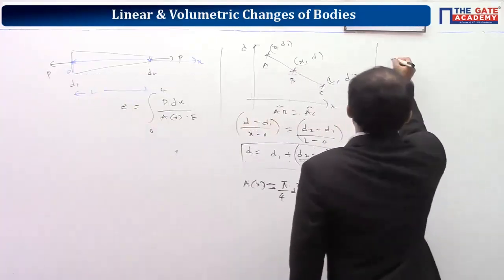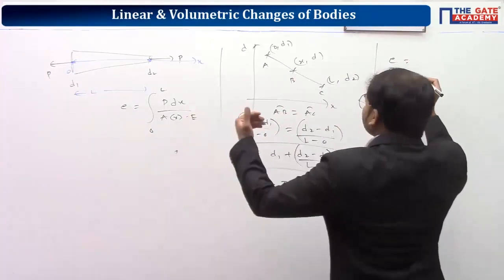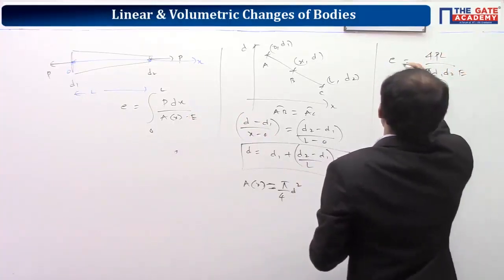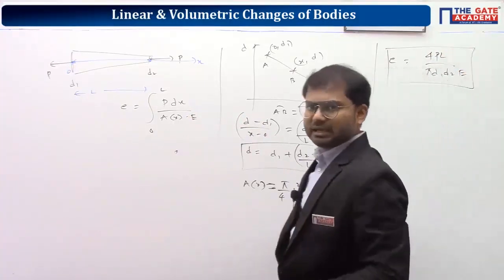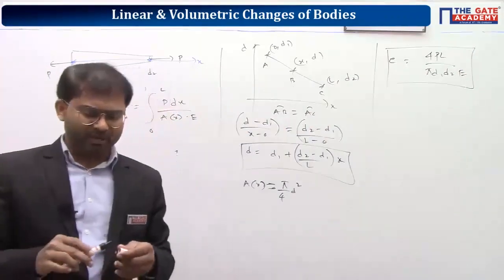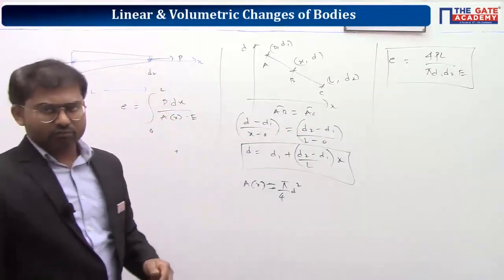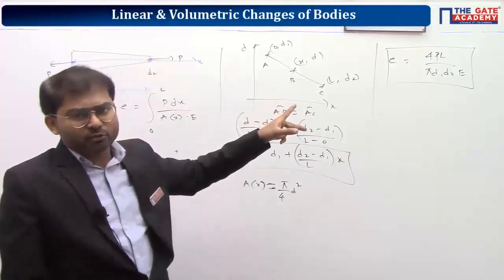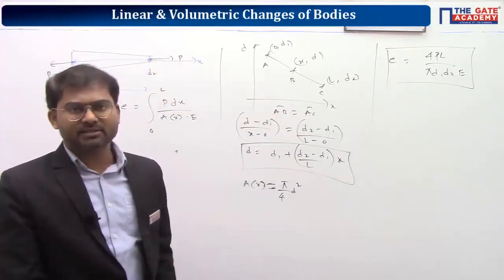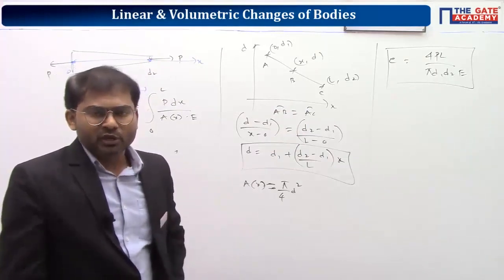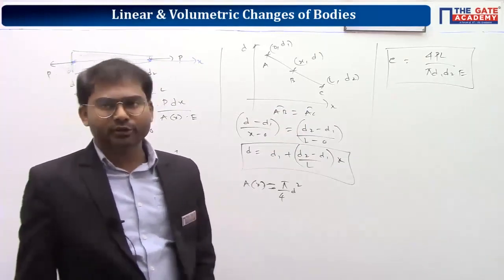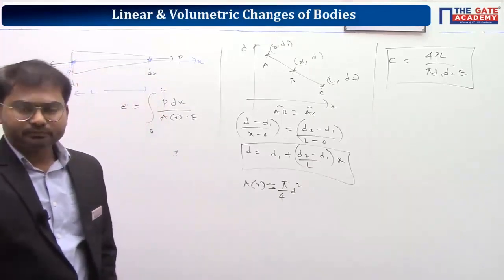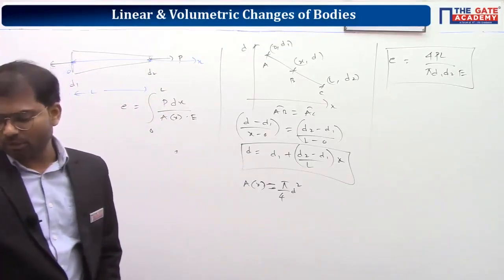Now elongation, by substituting in that, if you do the integration, you will get the answer as 4PL by pi d1 d2 into E. I am giving the answer directly because the derivation of the integration is a little bit difficult, but the final answer is very easy to remember. If diameters d1 and d2 are the same, you'll get 4P by pi d square into E. As d1 and d2 are different, we have d1 into d2 here. That's it. Clear? So this is how we use this formula to find the elongation of this tapered rod.